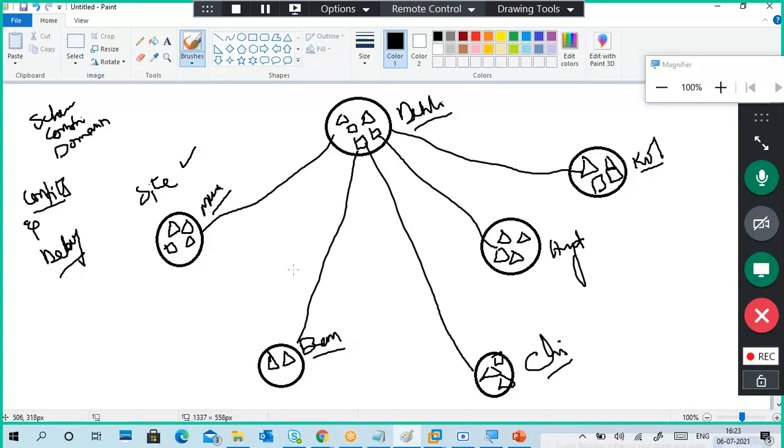This is called a site. It is a collection of users, groups, computers, services and resources in a particular geographical area. It can include different types of domain controllers belonging to different domains also.